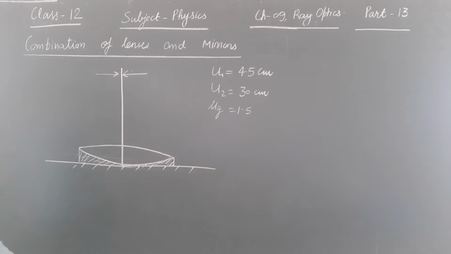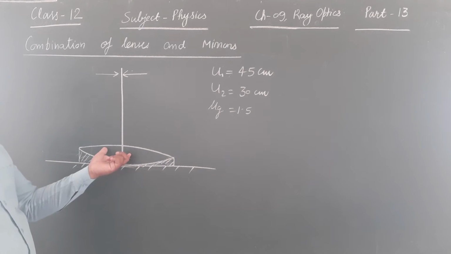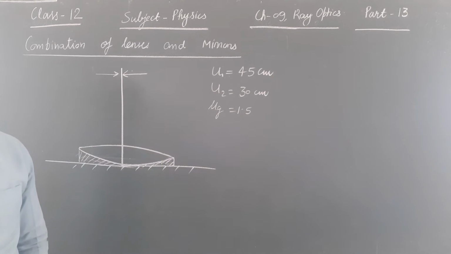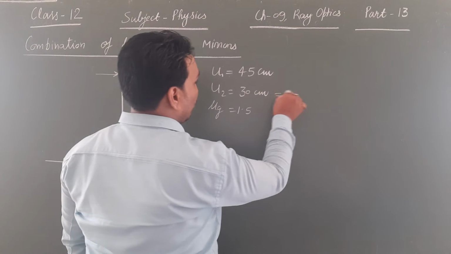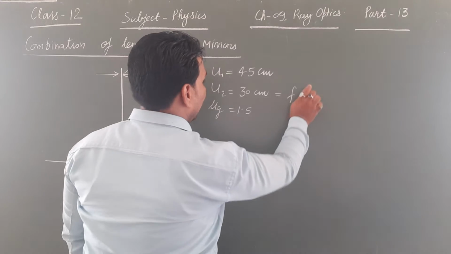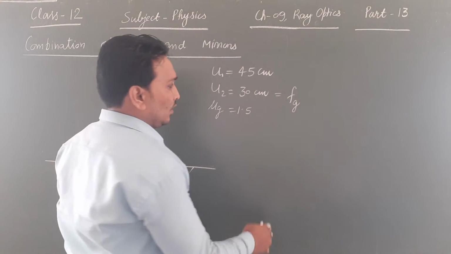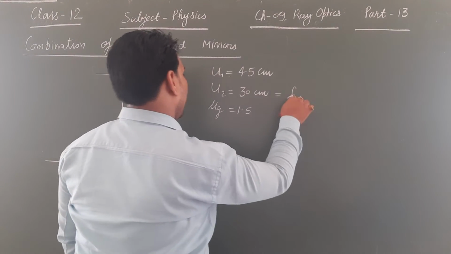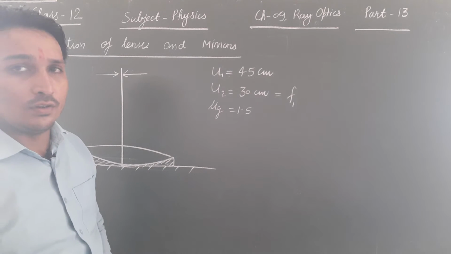This is the last question of the NCERT, so let us solve this. From the earlier question I have told, if the liquid is not there, it is the combination of a plane mirror and a convex lens. So the object must be placed at focus to get its image on its position only. So this u2 must be equal to the focal length of the convex lens, focal length of glass, F_G, or let it be F1. So F1 is equal to 30 centimeter.